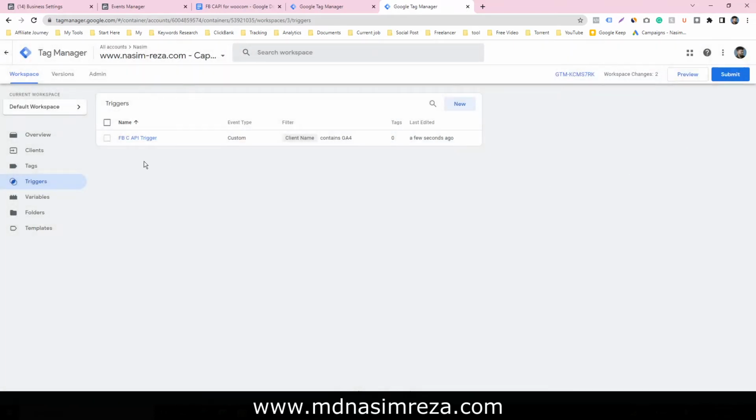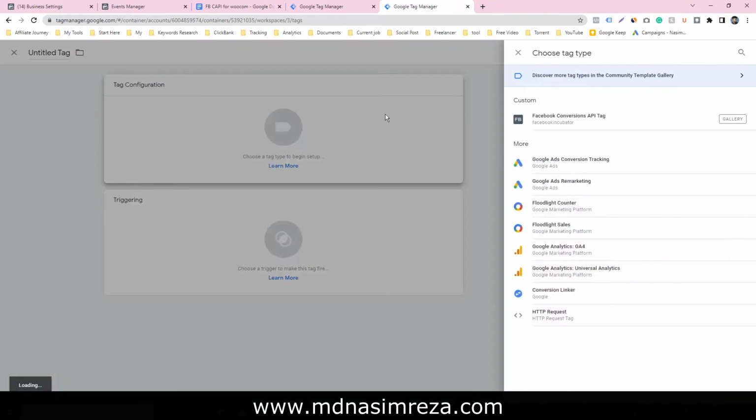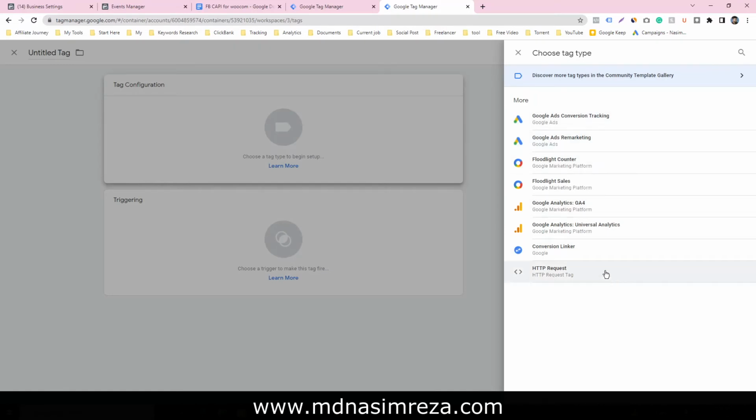And then I'm going to make a tag for conversion API. So click on new, click on conversion. So here there is no conversion API.